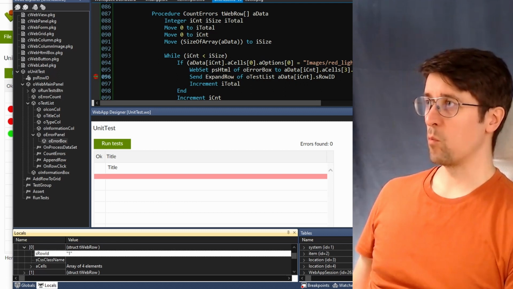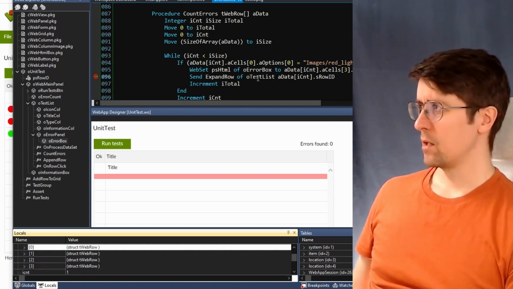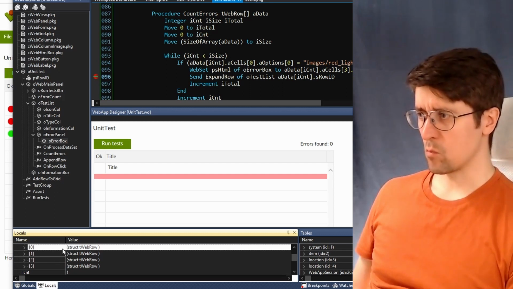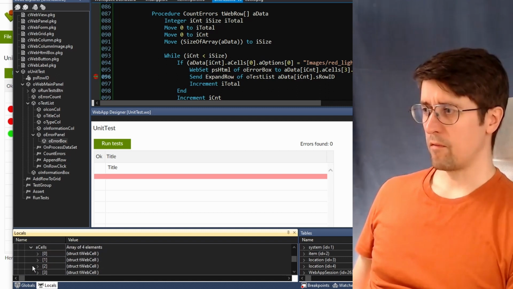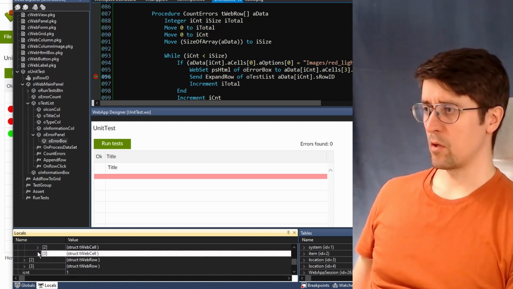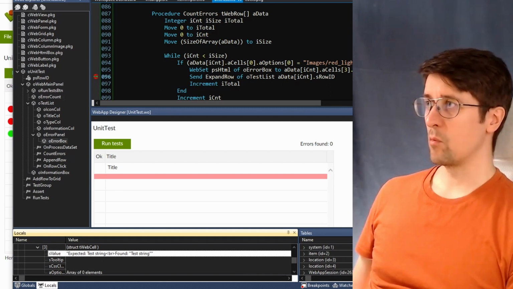So we send expand row of. Oh, let's see what is the I count. It's 1. Yeah, so here, row 2, there are 4 elements, and the third one says expand. Yeah, so we run this,